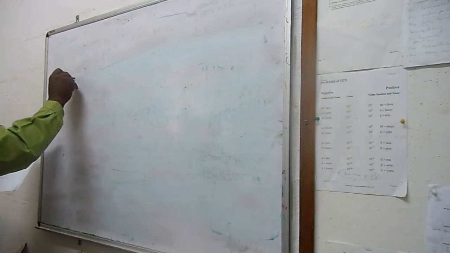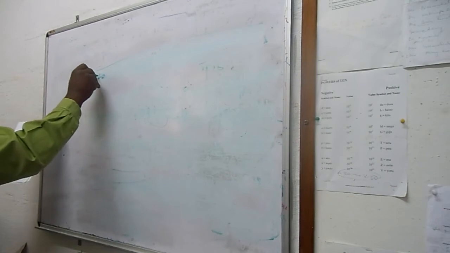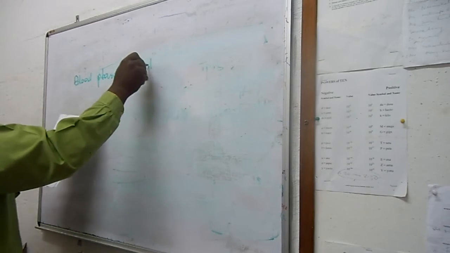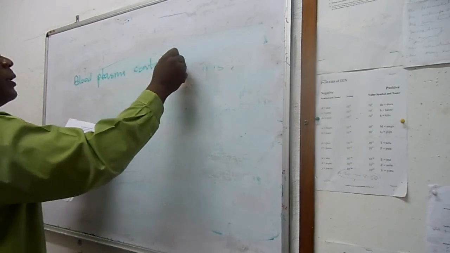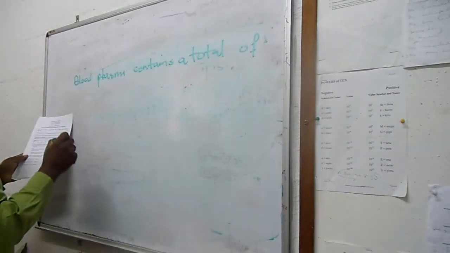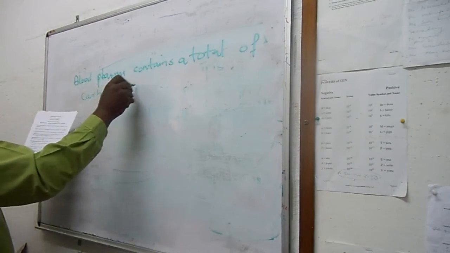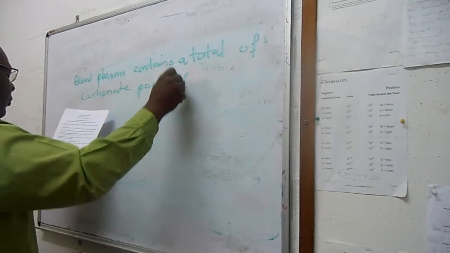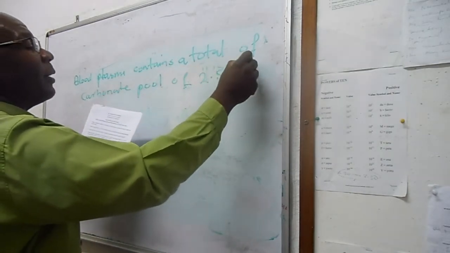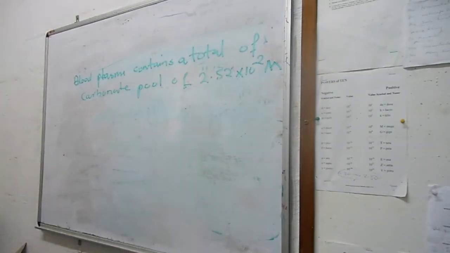The question says blood plasma contains a total carbonate pool of 2.52 times 10 to the power minus 2 molar. Okay, then calculate,